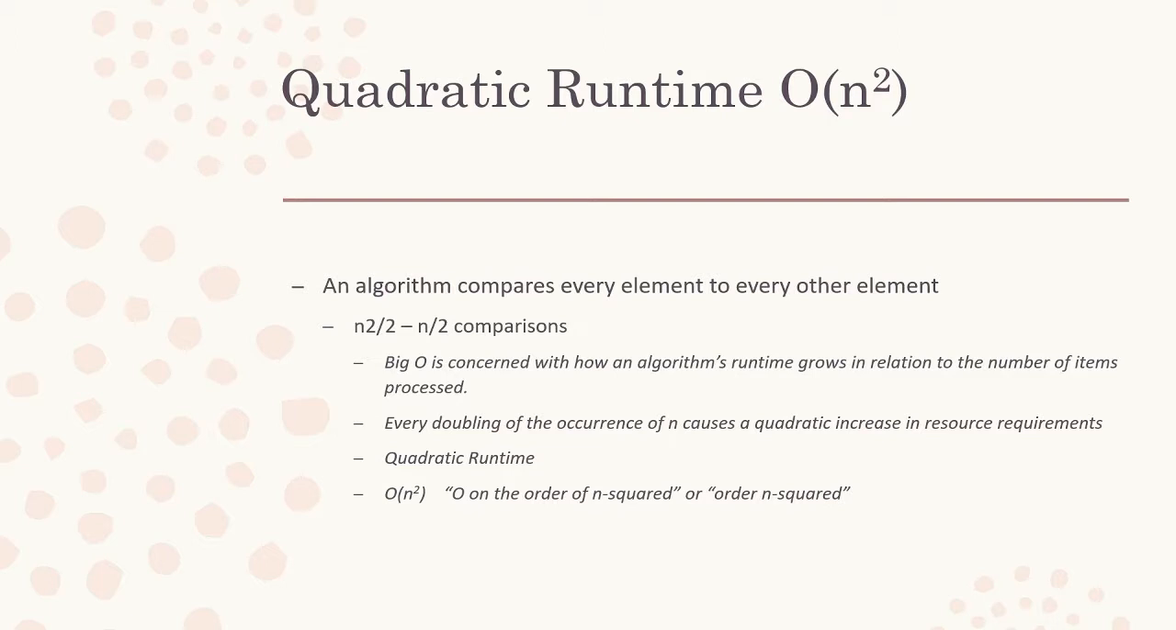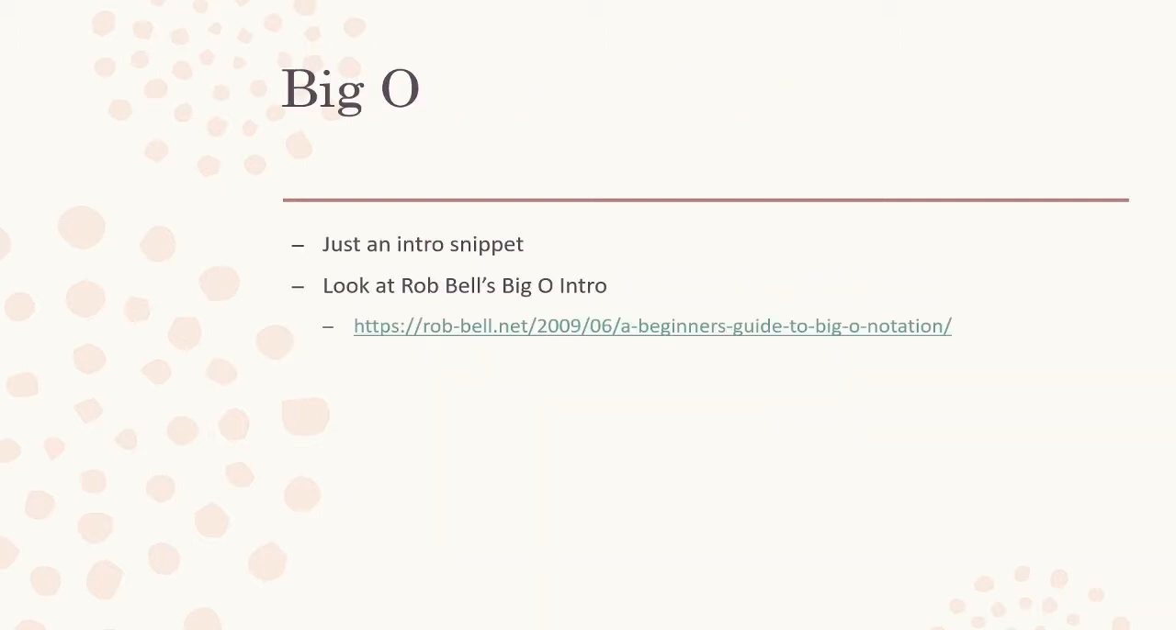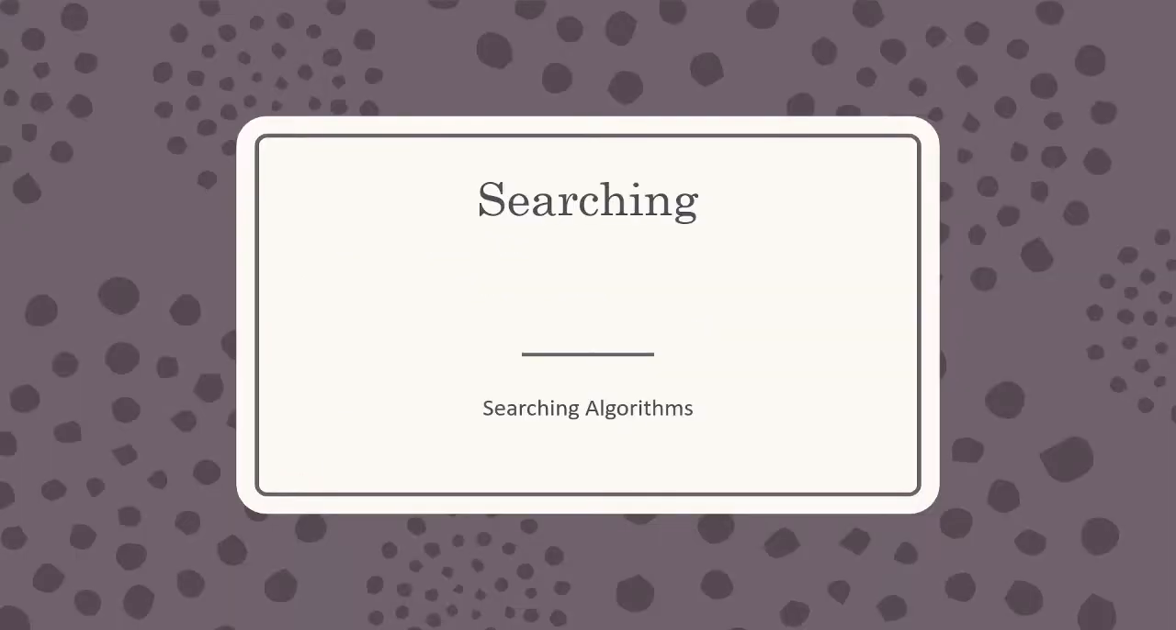Every doubling of the occurrence of n causes a quadratic increase in resource requirements. This is a quadratic runtime, and it's considered O on the order of n squared, or order n squared. Now there's a website, this PowerPoint is available to you, that talks a lot more about big O notation. You just need to be thinking about performance